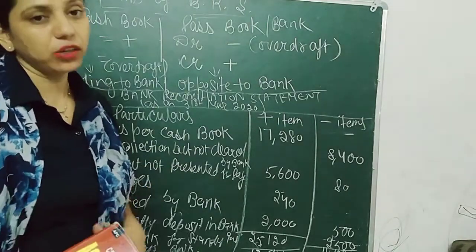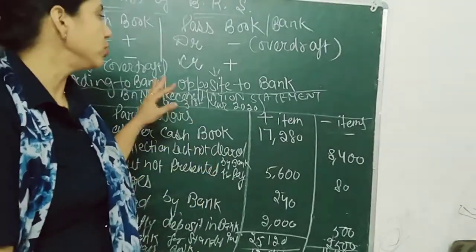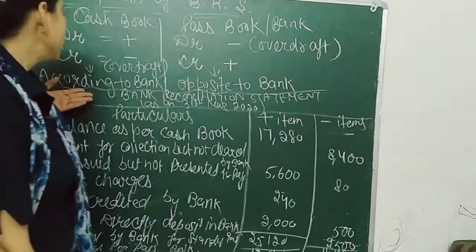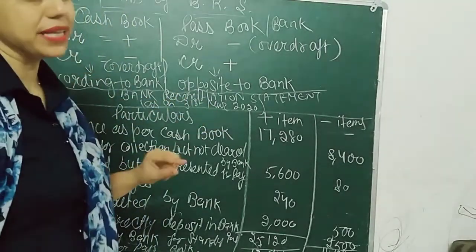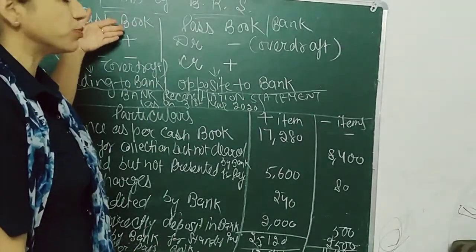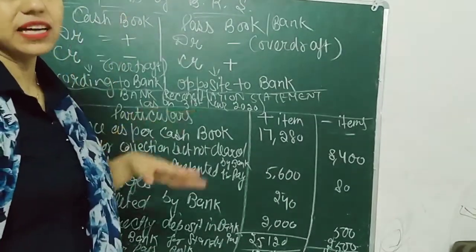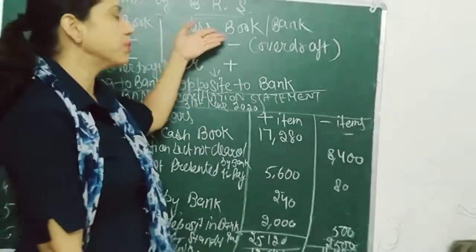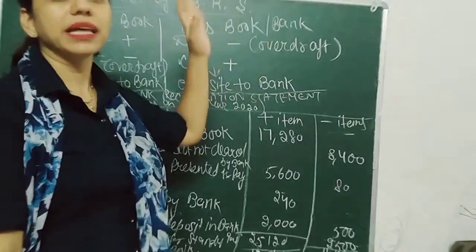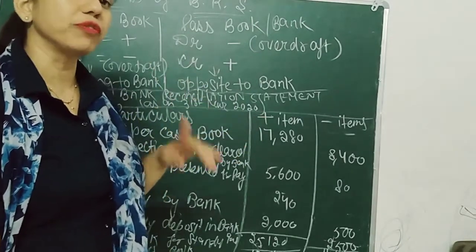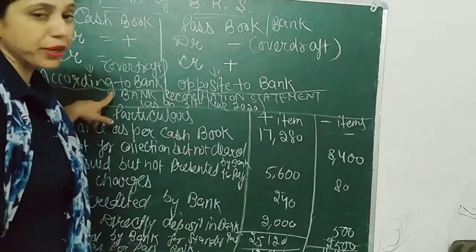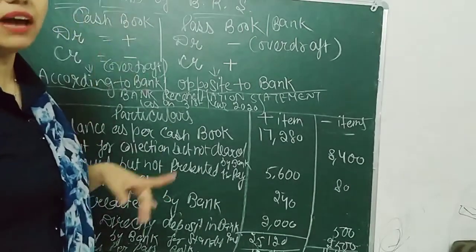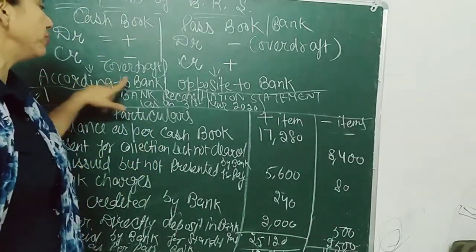Now we have a practical question so that you can do the question very easily. The important point is that when balances of cash book are given, then at last we will find balance according to passbook. And when passbook balances are given in the question, then in the answer we have balance of cash book. One more point is there. If cash book balances are given, then we have to make the transactions according to bank.